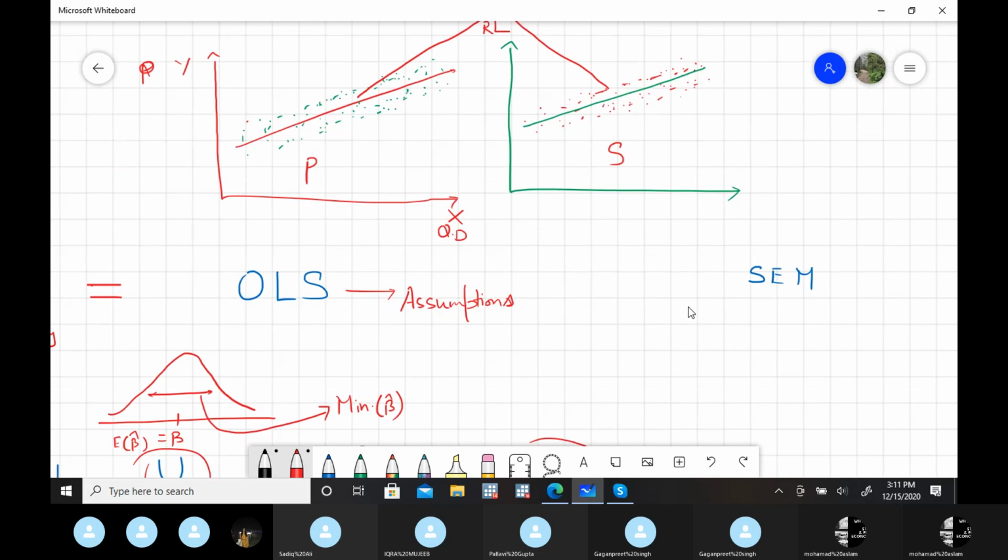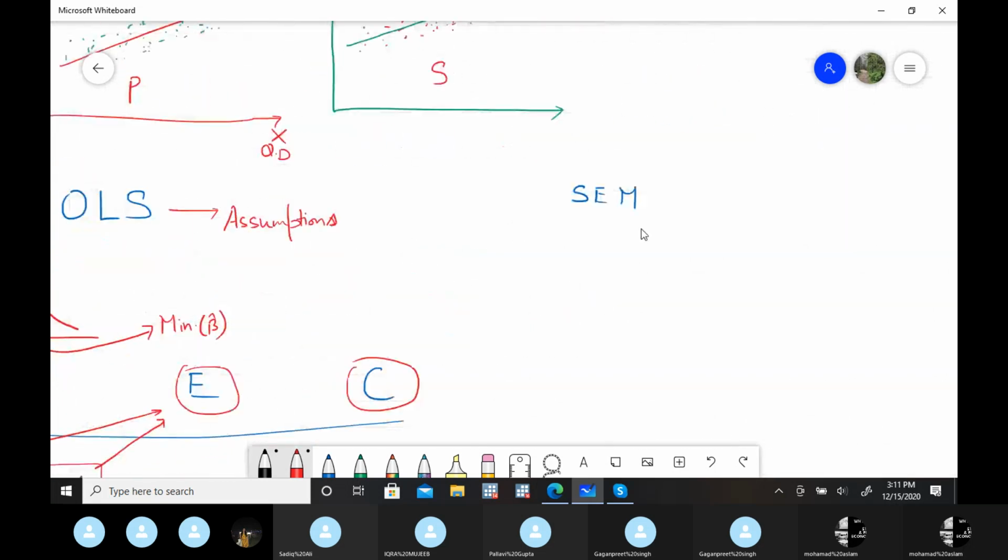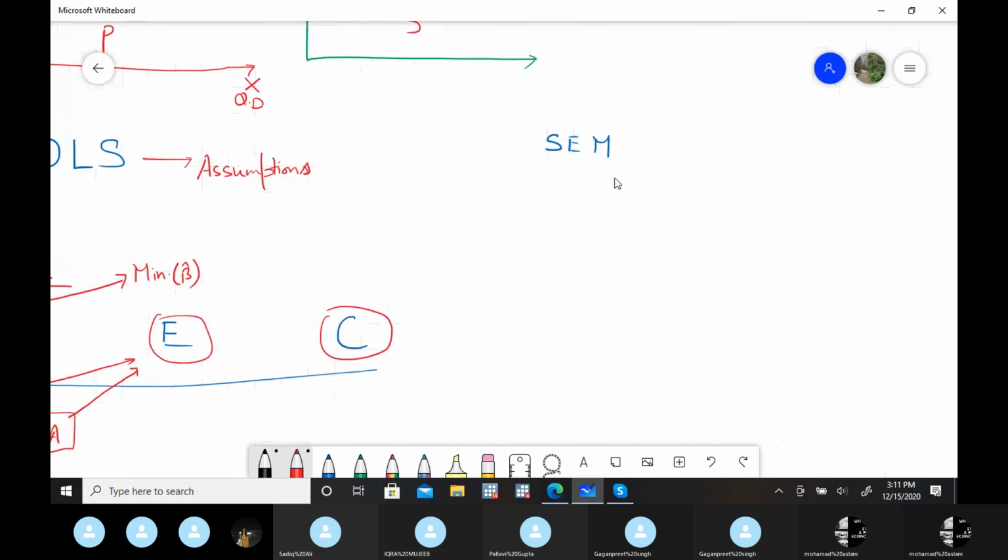Now next, in this particular series, we have simultaneous equation models. So first just try to understand what these models are, and whether, if we apply the OLS method to these models, it is feasible or it will create some problem. If there is some problem, then we need some solution. So that's what we will do in the next one or two days in simultaneous equation models.